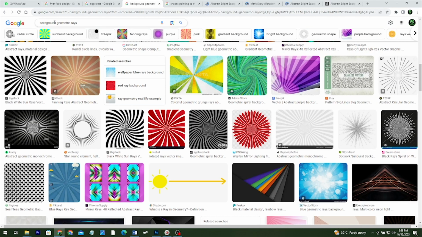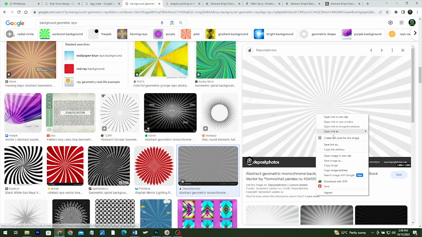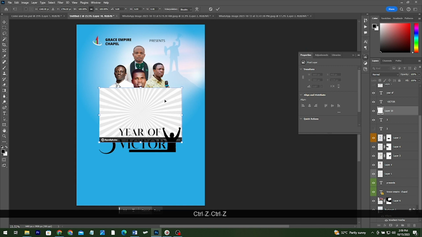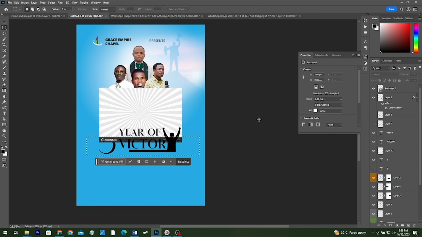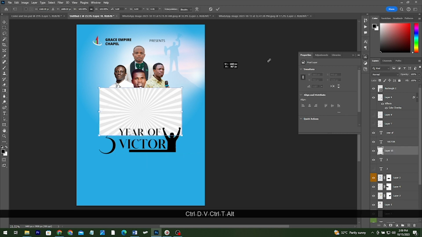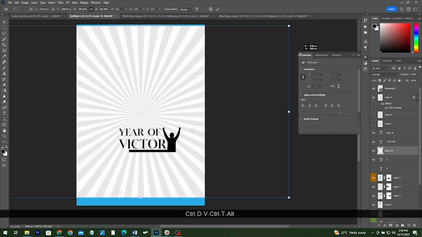Alright, so we will search for background geometric rays just like this and select this. So we will need something like this, okay? And let's download this. So you can copy, Ctrl V to paste, and then let's make it big and make sure it is pointing here. But before that, let's first of all delete this one from the down. So make sure it is selected, and let's delete the XX. Make this one big and I'll position it here. Send it to the back,